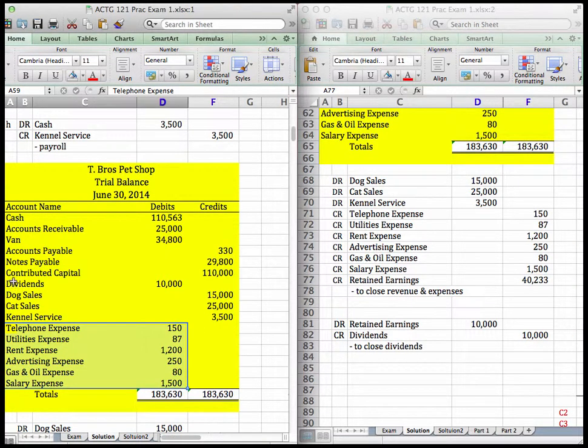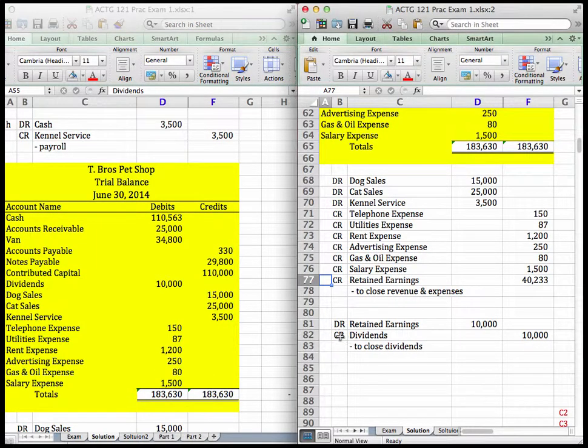Now, the second journal entry is to close dividends only. So as you can see over here, we have dividends. The amount is $10,000 and it is a debit balance. So in order to close it, we need a credit of $10,000 in the dividend account. The debit is always retained earnings,